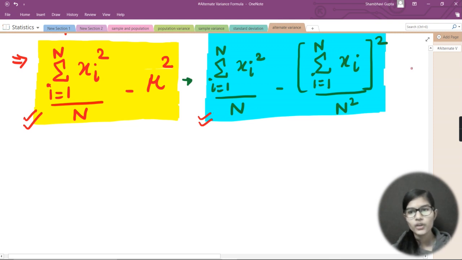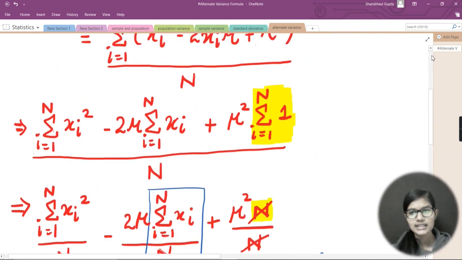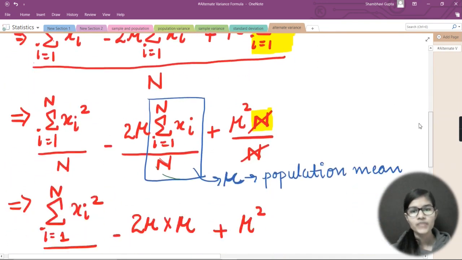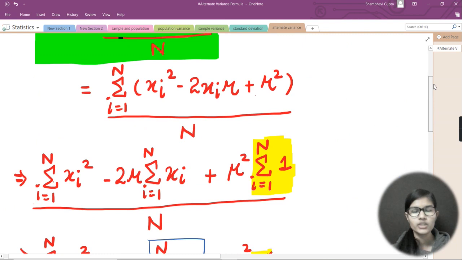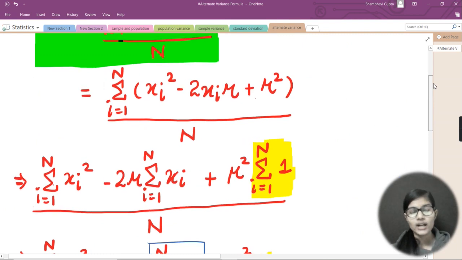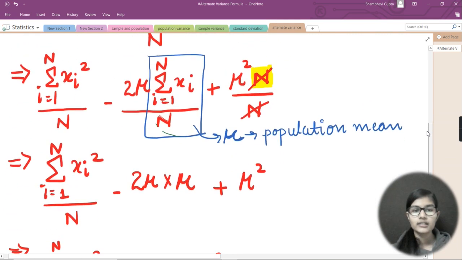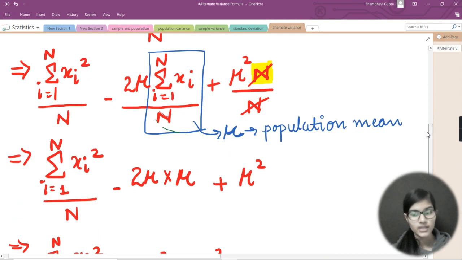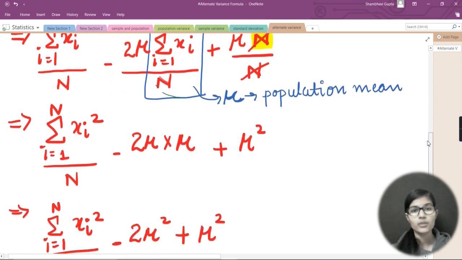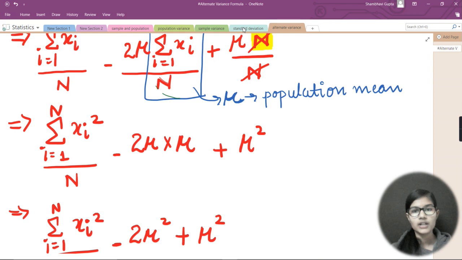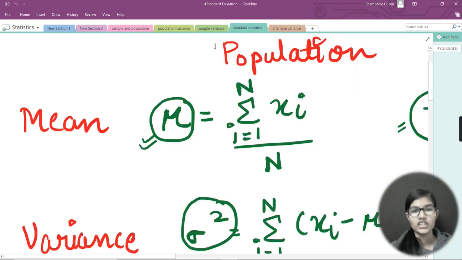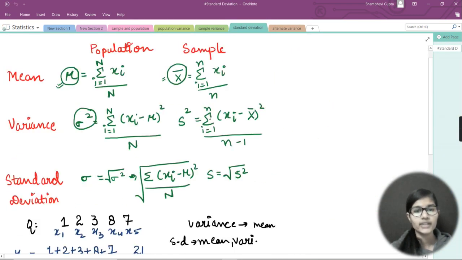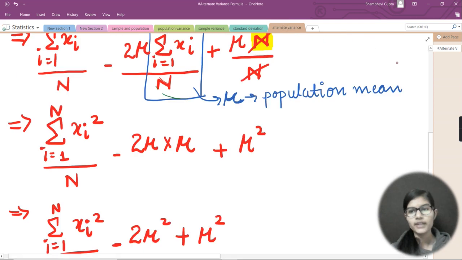So I hope you got the point, and yeah, the derivation wasn't that difficult, right? It was a very simple derivation. You only need to put in some formulas, and yeah, you need to remember the formulas also, okay? So we have discussed all the formulas in a single video, and that video was on standard deviation. Here I have summarized all the formulas which we have discussed till now in the 6th episode. So you can just refer to that, okay?